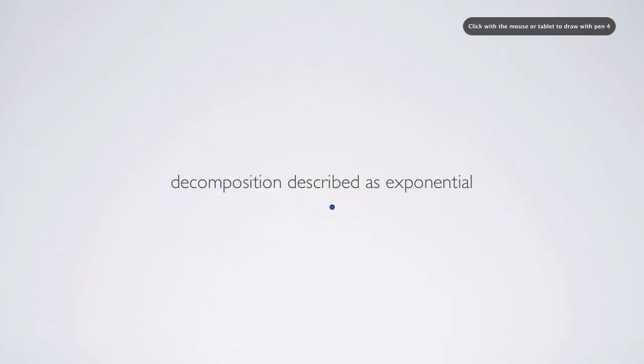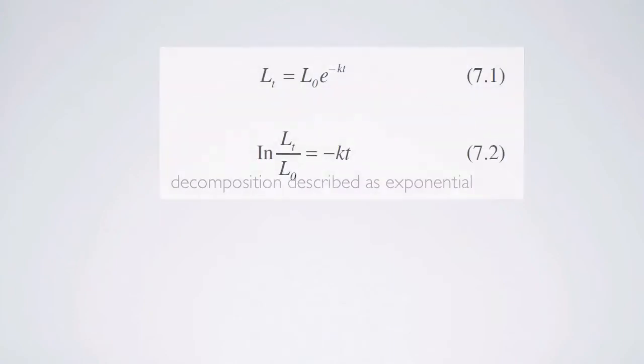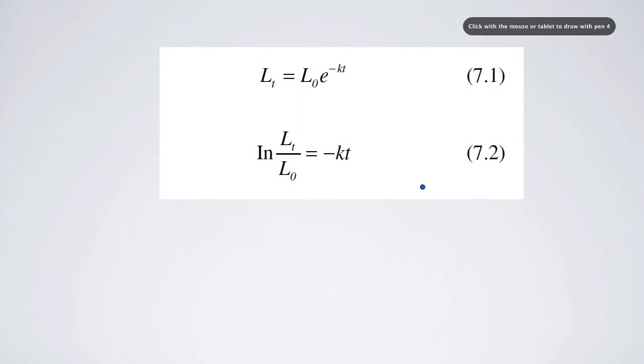Now, in general, when we describe decomposition, we generally consider it to be an exponential process. What that means is that more mass is lost from a given amount of litter earlier than later. Being an exponential process, it's generally modeled with an exponential decay function. So you have the amount of litter at time t determined by the amount of litter that was present initially, and then how much time has passed, and then a constant, this k constant, that describes the rate of